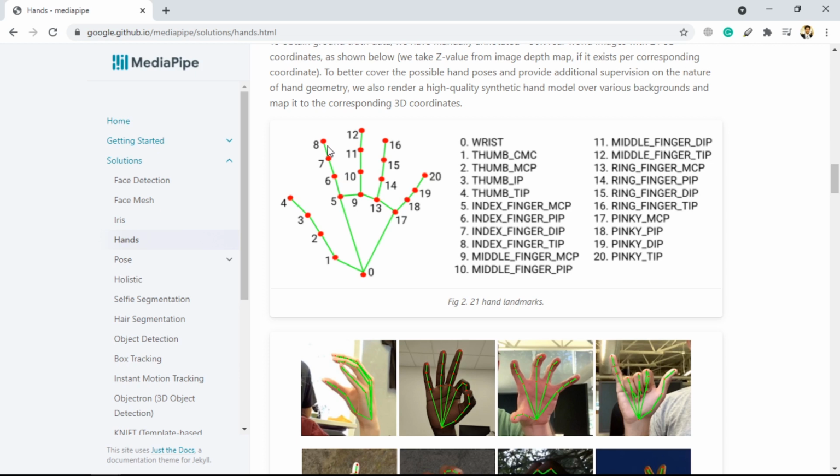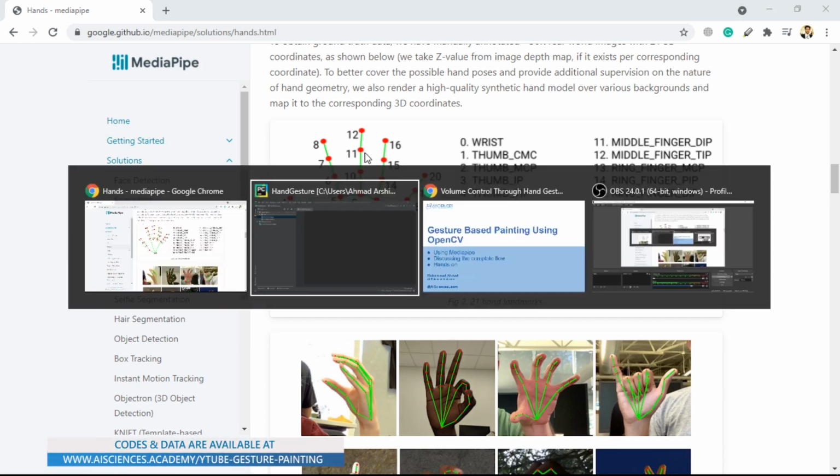If only the index finger is up in this entire hand, it will start drawing, and if both the first and the second finger are up, it will simply stop drawing and you can freely move around on the canvas. For that, we will be using different techniques to detect whether the index finger is up or not, or whether the middle finger is up or not. We will see all this in the code.